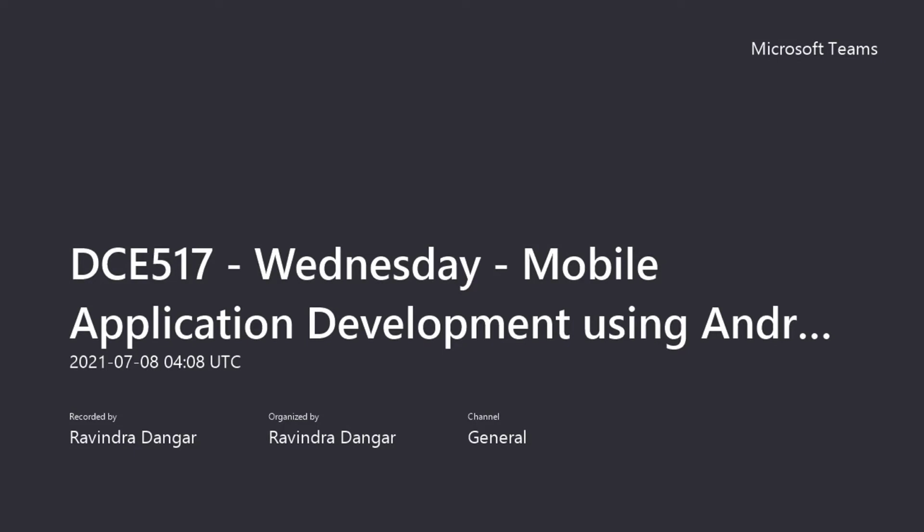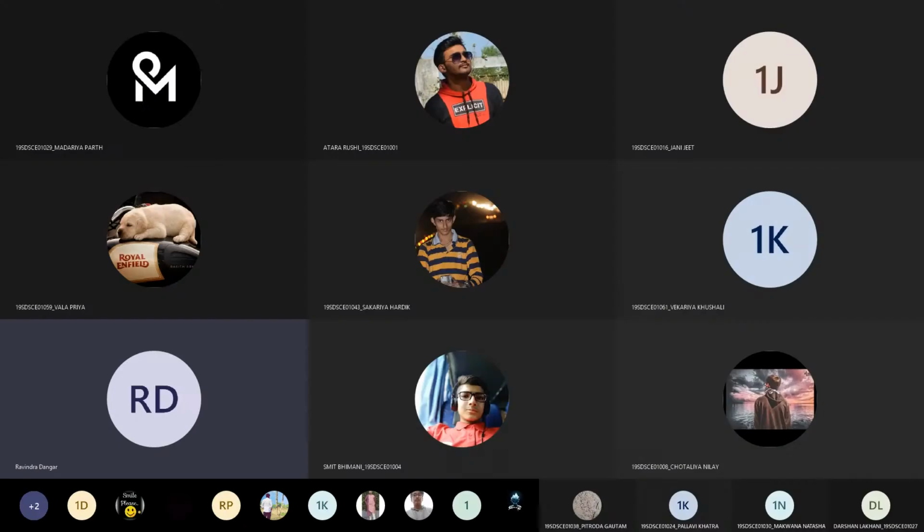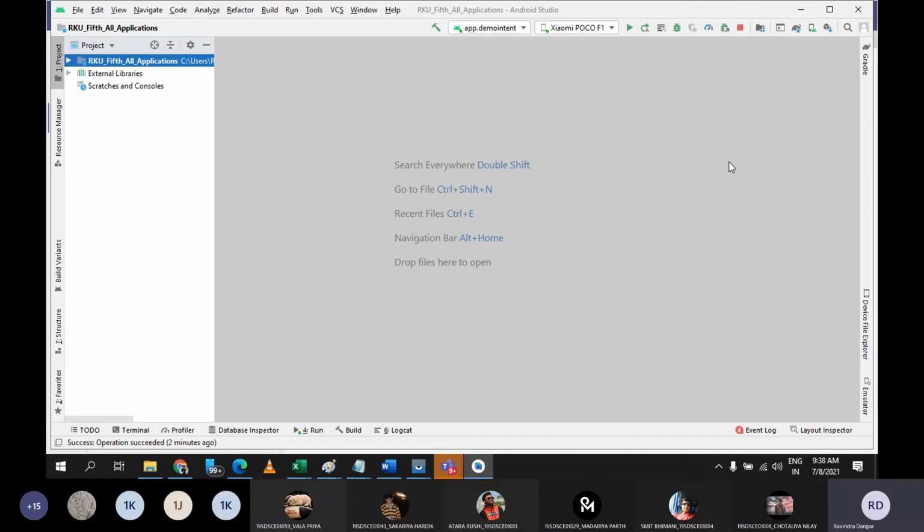We are going to study the concept of spinner, which is one of the very interesting widgets available for Android application development. So do you have any idea about spinner? Can anyone tell me what exactly spinner is? Anyone? To select a particular thing from a list. Yes, correct. It will provide a kind of drop-down list from where you can quickly select any items. So you can say it is a kind of drop-down list.